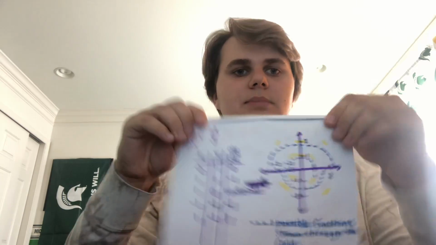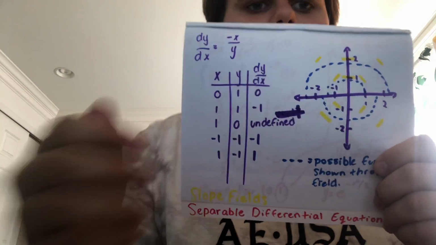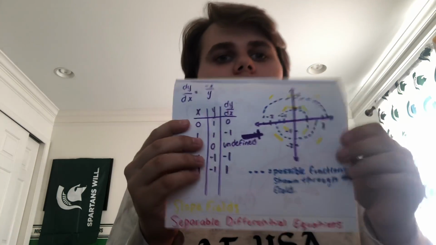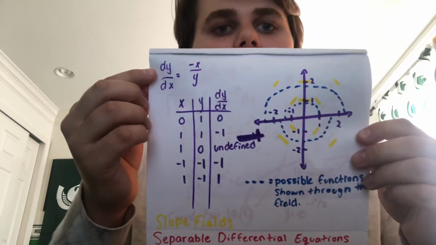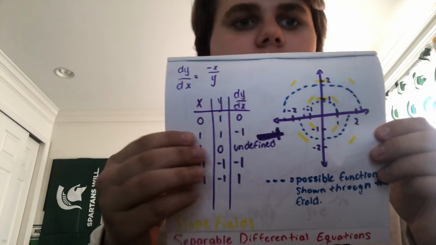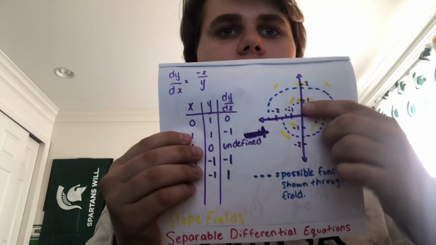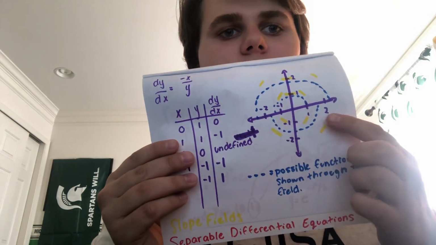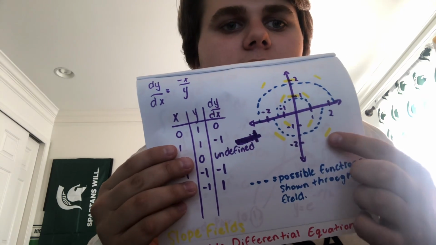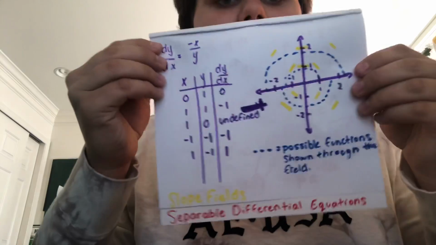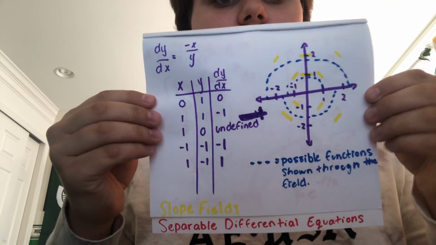Okay, our next thing is going to be slope fields, and as you can see, I have a poorly drawn slope field, but I just showed you what it was. Here's our equation, and then I've laid out here a table where I found the slope at every point. Basically what this tells you is it gives you a rough estimate of the function, and being guided by the slopes, you can get a rough guess of what that estimate looks like based on where the